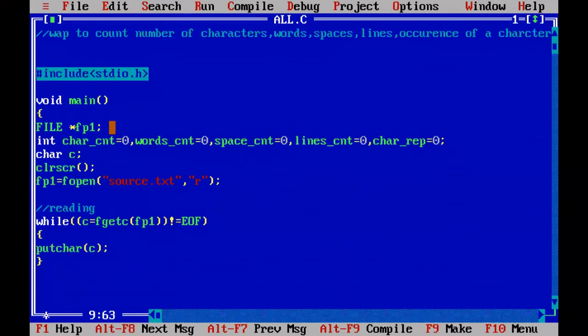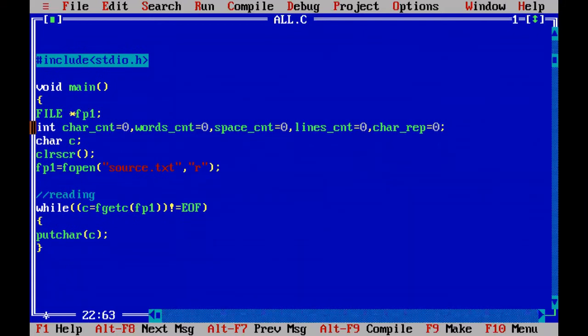Now you see what I am telling is how many times this while loop will iterate. How many characters are there in the file, those many times it will iterate. So for every iteration, if I write character hyphen count plus plus, then what will happen? How many times this while loop will iterate, those many times our character count plus plus also will iterate.